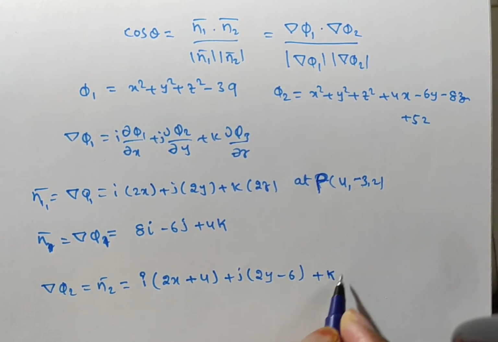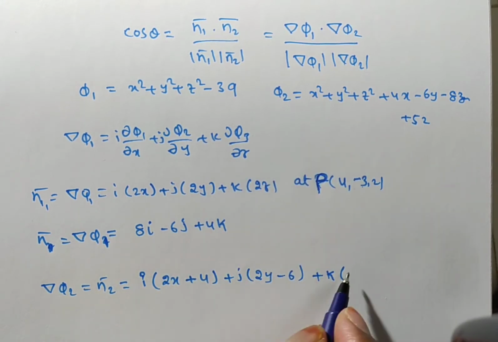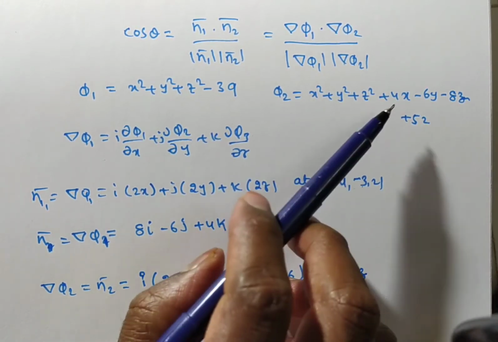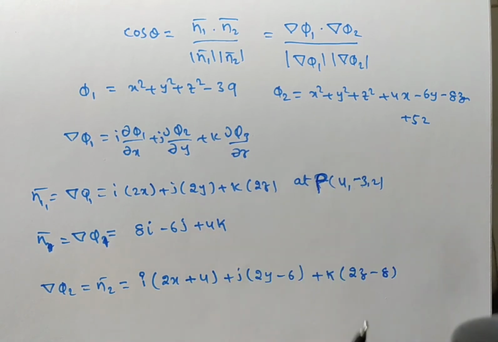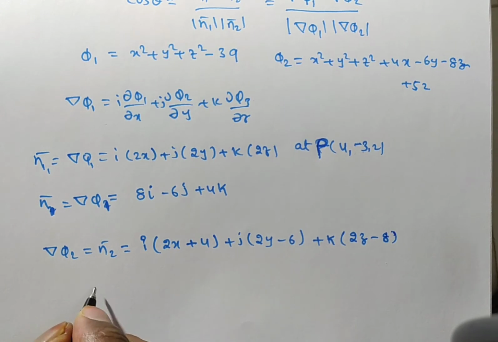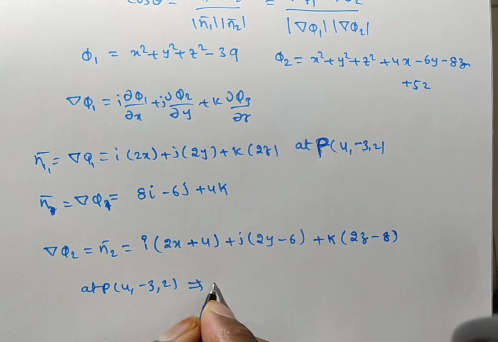Next, plus k times the derivative with respect to z. This is 0, this is 0, here you have 2z, this is 0, this is 0, here you have minus 8, and this is a constant whose derivative is 0, so no need to write. Where you require it, at the point P of (4, minus 3, 2),